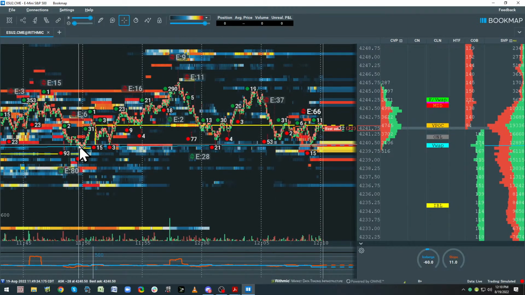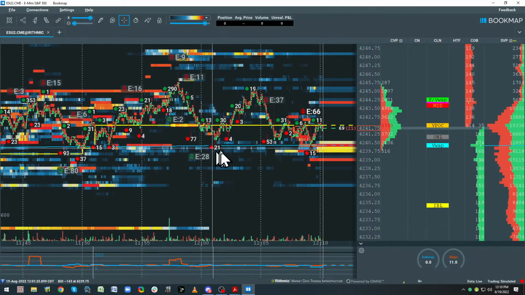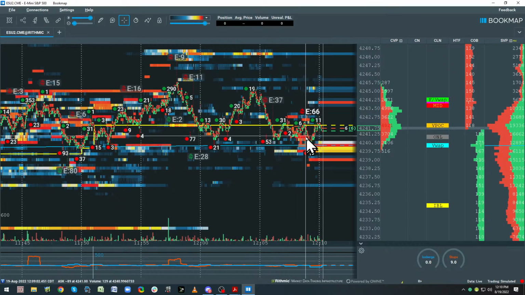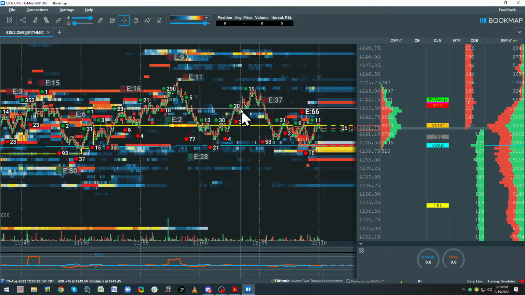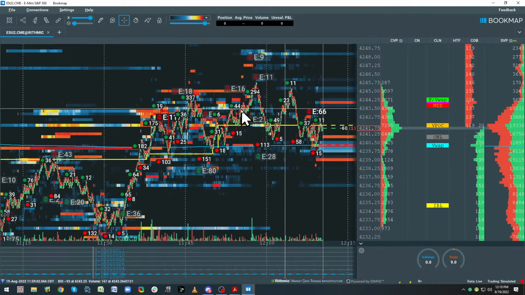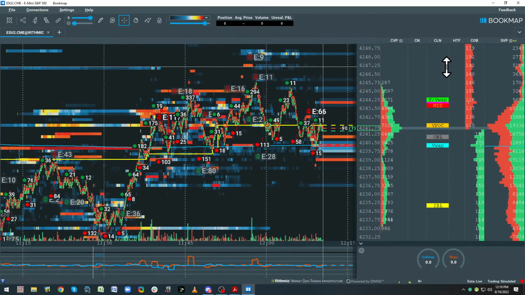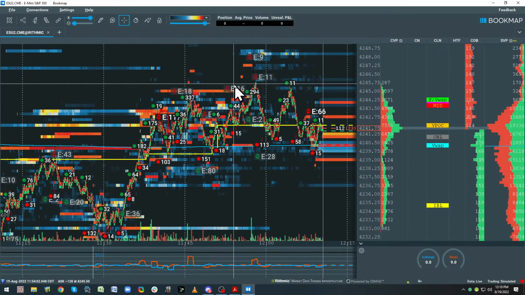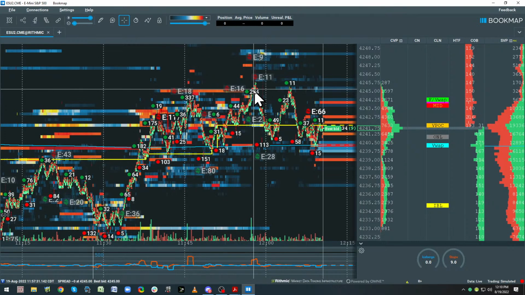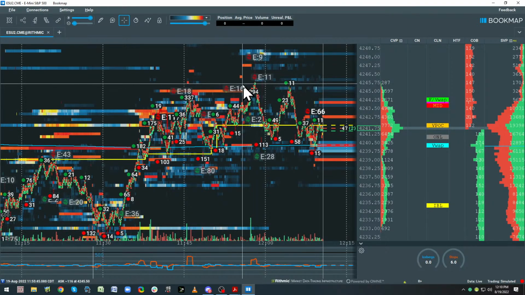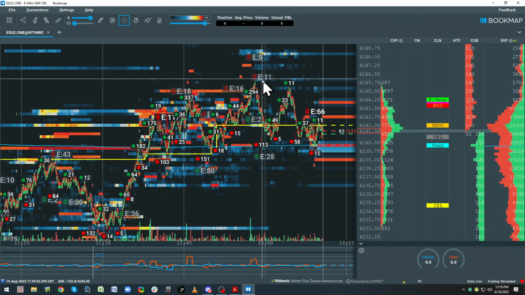If you're one of these guys who can rock and roll, buy here, sell here, buy here, sell here, that's great. I haven't observed people being able to do that and stay in the business. The guys I know who stay in the business are swinging for these larger rotations, because you've got to recover the cost of probing the market. And for me, if it's a 3-point stop or less, I think that's pretty good in the ES. I don't know about you. And I can do that because of microstructure and Bookmap.